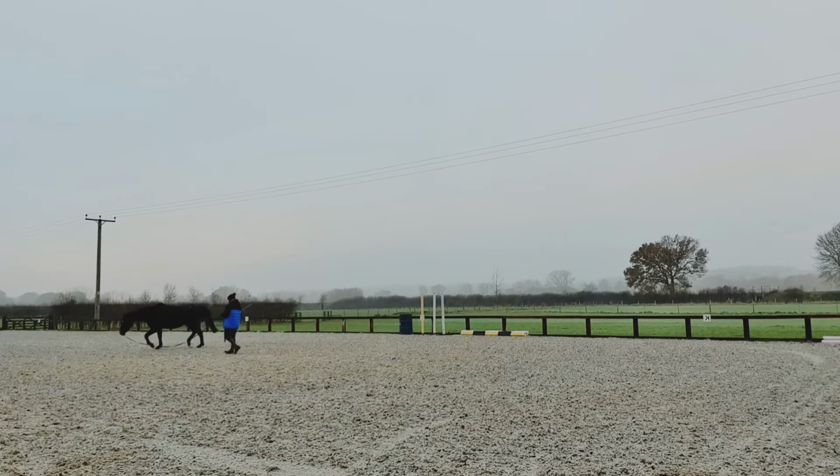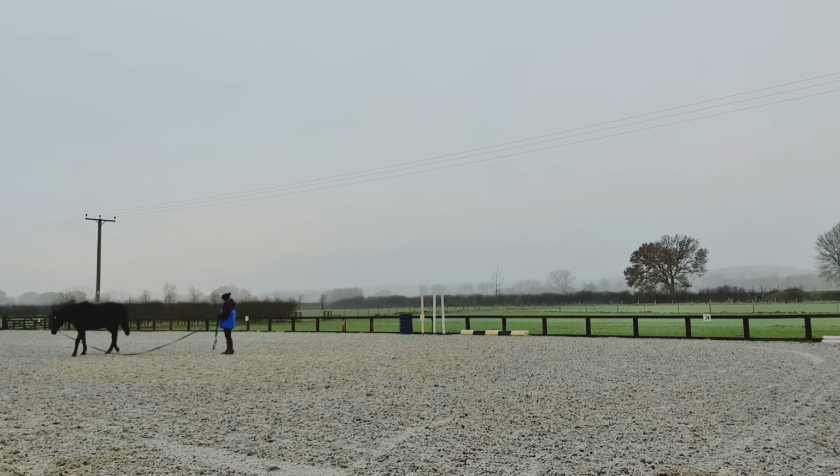And this is the thing when you have a horse that really needs working every day, because if they don't, then you come down and this is what you get. So this is really why I'm still just in the lunging stages with him, although I have been riding him,